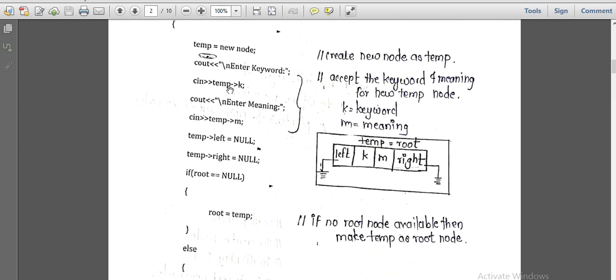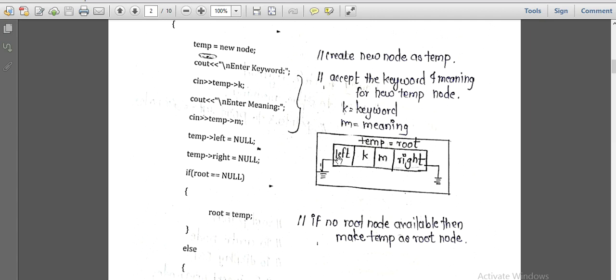As this function is for create, we are accepting the values of keyword and meaning from the user. So it will ask the user, please enter the keyword, please enter its meaning. That keyword will be taken in the variable K, and the meaning in the variable m, which means two fields are there in the temp node. One field is K and another field is m.